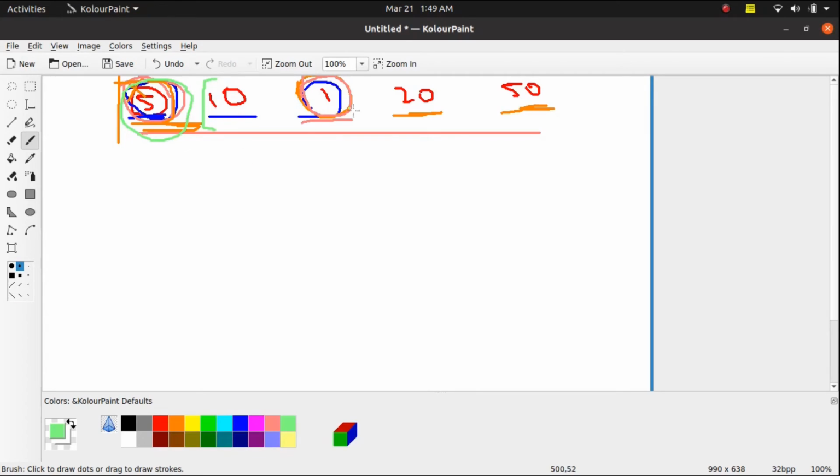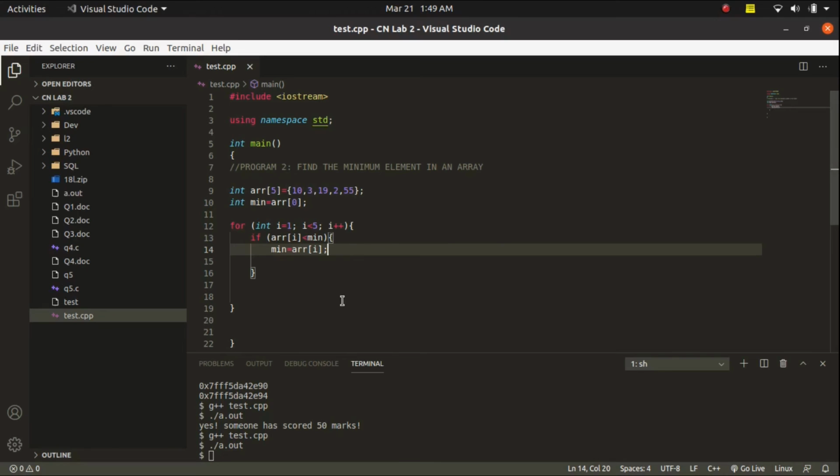So we are really just doing this. So in here the 10 was not less than 5, so we did nothing, but here the 1 element is less than 5. So now we are going to make 1 the minimal value, the minimal bill in our pocket. So we are really just following the same principle here as well.